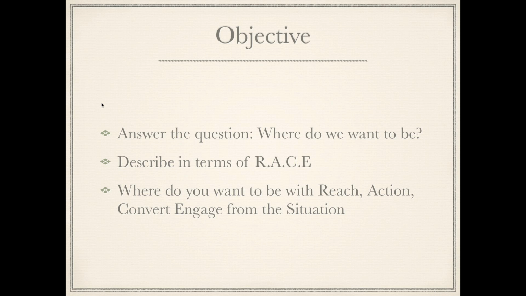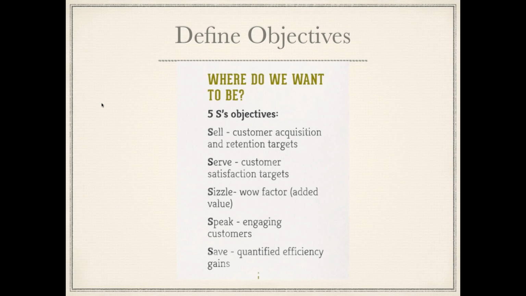All right. And so, like I said again, describe it in terms of RACE. If it's an engagement problem, and you say only 5% of our fans are engaging with our mobile app, or only 5% or 20% of our fans are actually attending the game after they purchase tickets. Those are things that you have identified as a problem, and now your objective is answering, where do you want to be after you've executed this plan? What should that look like at that point? Okay.